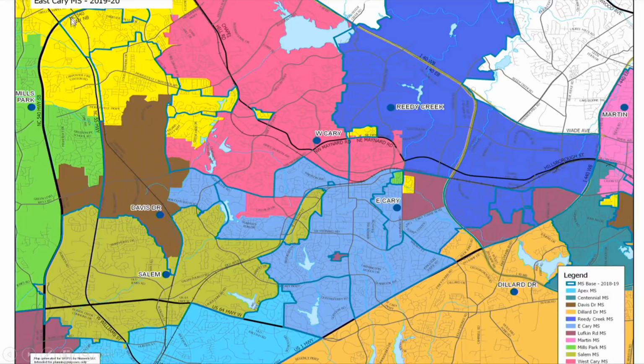Now with all of these in the yellow going to Alston Ridge Middle School, we need to look around this area proximate to the school to fill East Cary. And Reedy Creek being capped, and this being the Reedy Creek base attendance area, it seemed like a logical area to add. And since we were trying to keep K-8 calendar alignment, something had to give here.